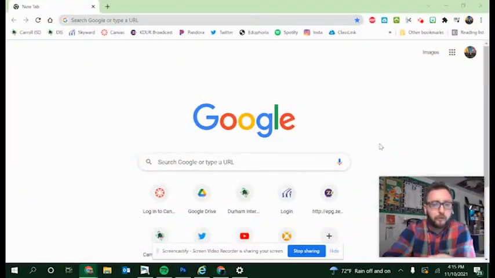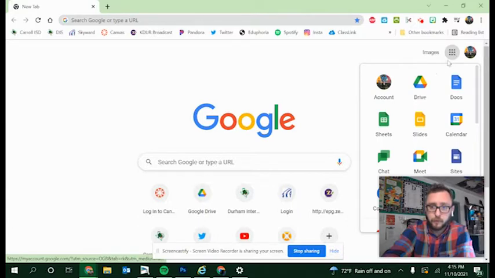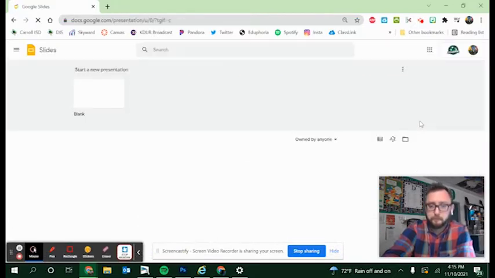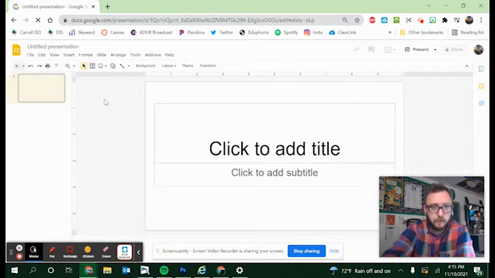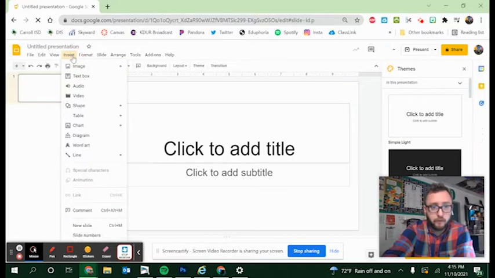Alright guys, so to use your laptop as a camera so you can see yourself for your portraits, here's what you're going to do. You're going to go to your Google homepage or go to a new tab. You are going to click on your waffle for your apps, and you are going to go to Google Slides. Okay, you're going to click on a blank presentation, and up here you're going to go to Insert, Image,